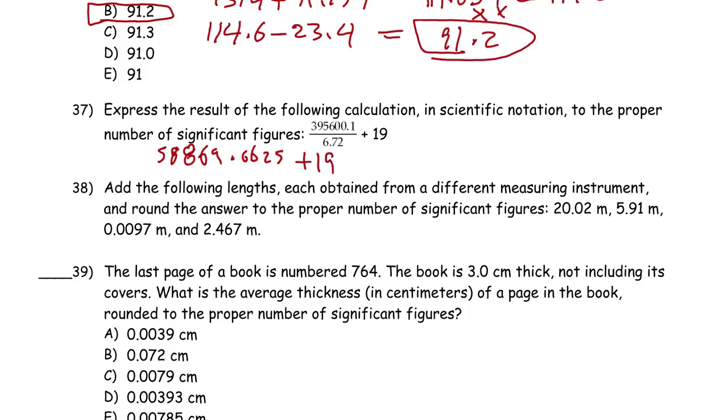Let's do it on the calculator. Okay, it equals 588,848.0625. Okay, here the number doesn't have any decimal places, so the final answer mustn't have any decimal places, so 58888, but he wrote it in